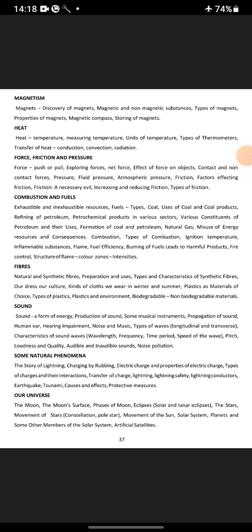heat, temperature, measuring temperature, units of temperature, types of thermometers, transfer of heat: conduction, convection, radiation. Force, friction and pressure: force, push, fluid pressure, atmospheric pressure, friction, factors affecting friction, friction a necessary evil, increasing and reducing friction, types of friction,